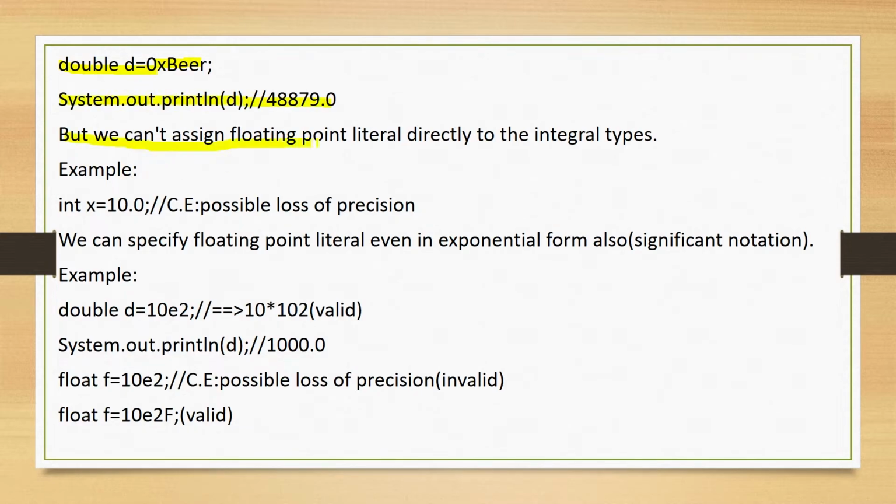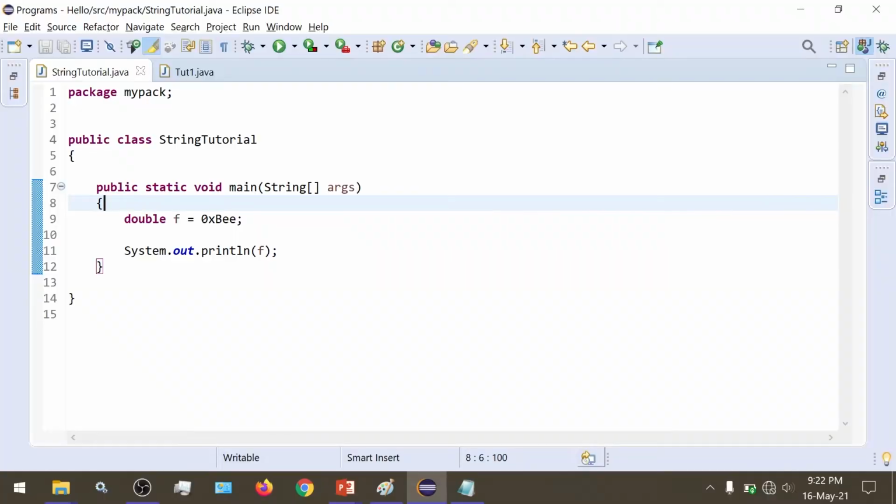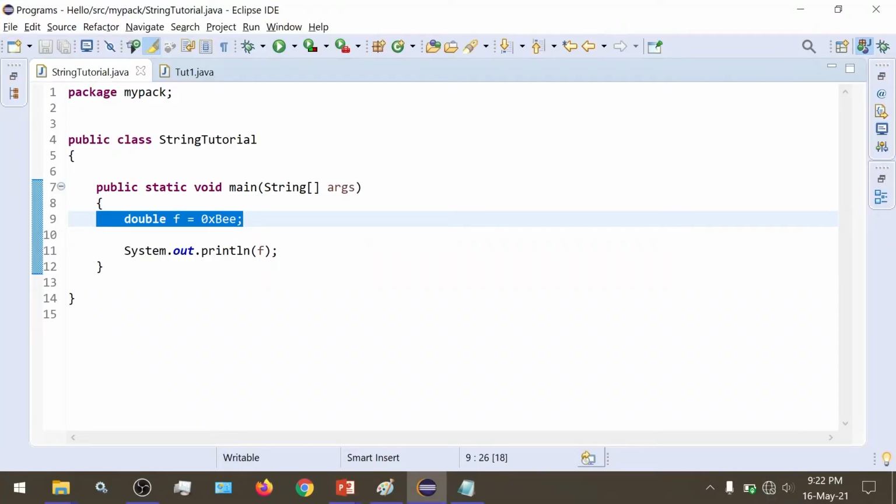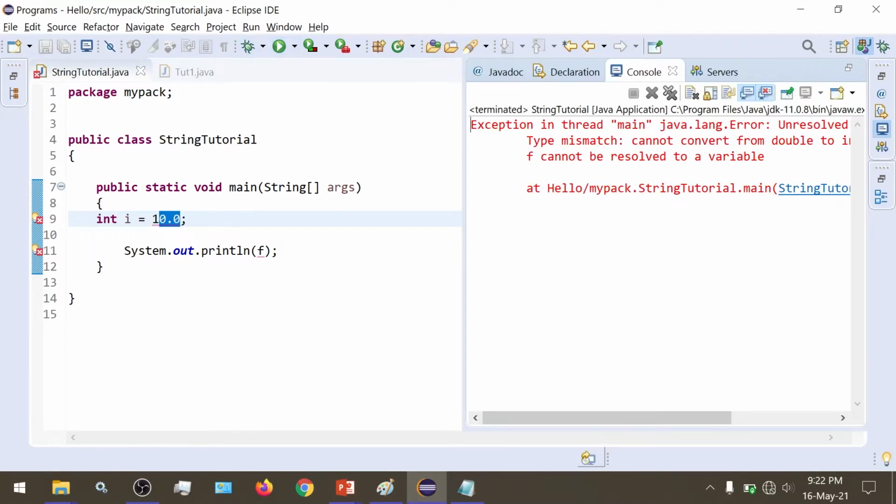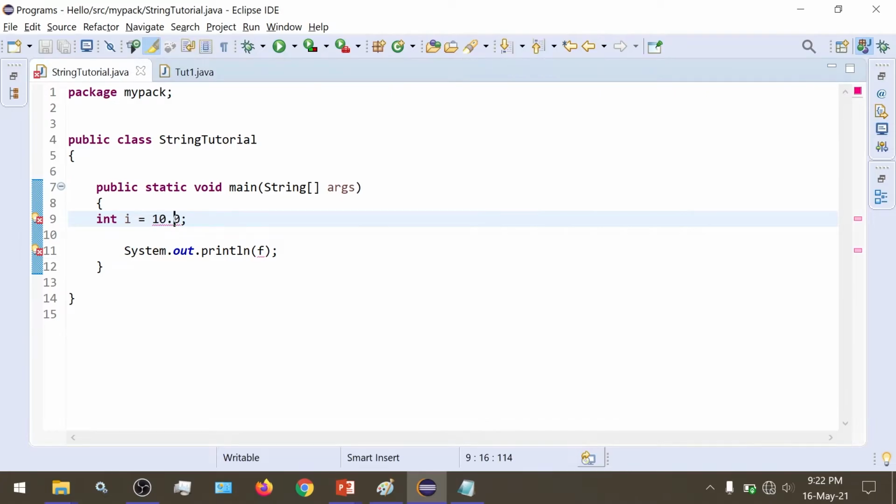Then we cannot assign floating point literal directly to int. So if we try to do this, we would get an error. So let's see. If we try int i equal to 10.0, so if we try to make int a floating point, then we get an error. So you might think that int is 32-bit and float is also 32-bit, so it should work.